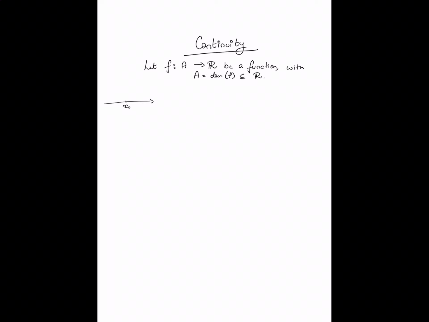In other words, I can draw the function f in the neighborhood of x0 without lifting my pen, so to speak. When I pass this point, I didn't really have to raise my pen in order to plot the picture. That's, of course, a very high schoolish definition of continuity,